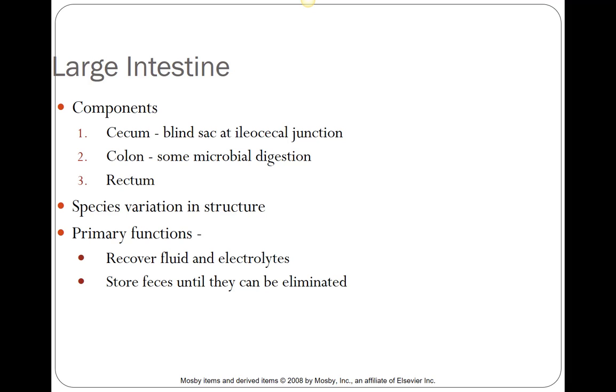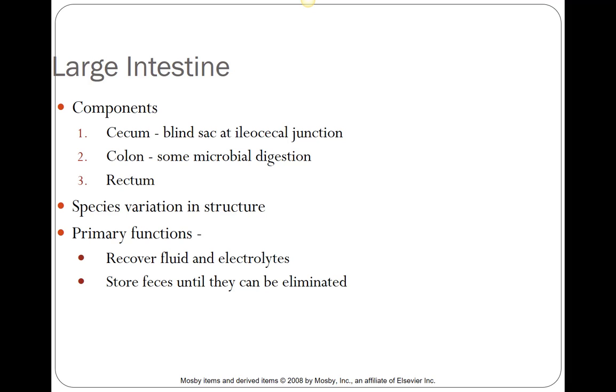Dogs also have a very poorly developed cecum. Something like a bear that's an omnivore actually has a little bit more developed cecum because they eat a little bit more plant material than we do. And their primary functions can be recovering things like fluid and electrolytes, so drying out feces and storing feces until